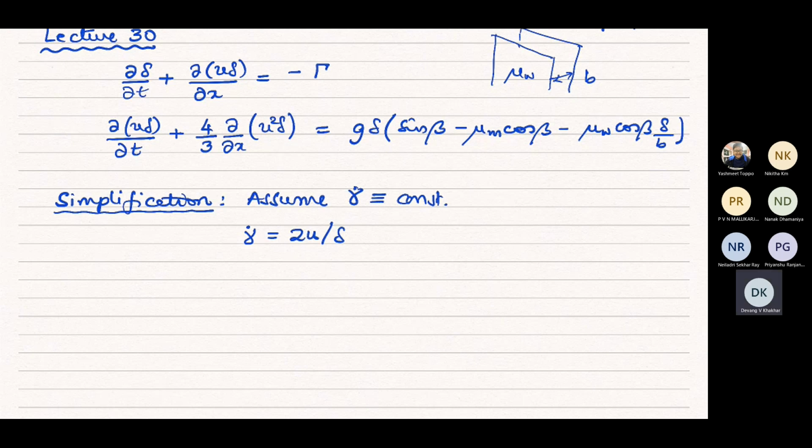So what we can do is, using this, we can substitute for u as just equal to gamma dot into delta by 2. So the mean velocity is given by this. And so wherever u comes, we can replace it by gamma dot delta by 2. So then the continuity equation becomes